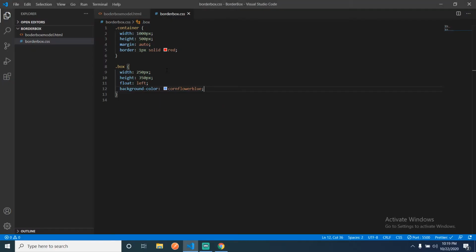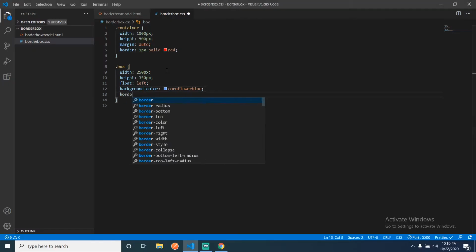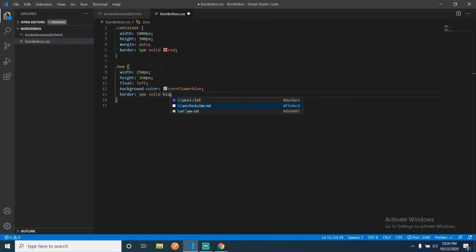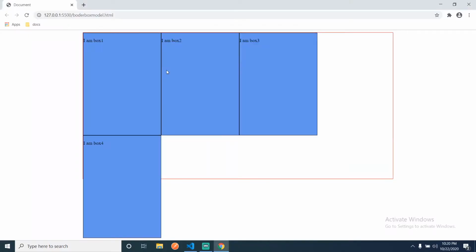So let's go and give that: border 1 pixel solid, let's go for black. Since I have added 1 pixel, box 4 is coming into row 2.